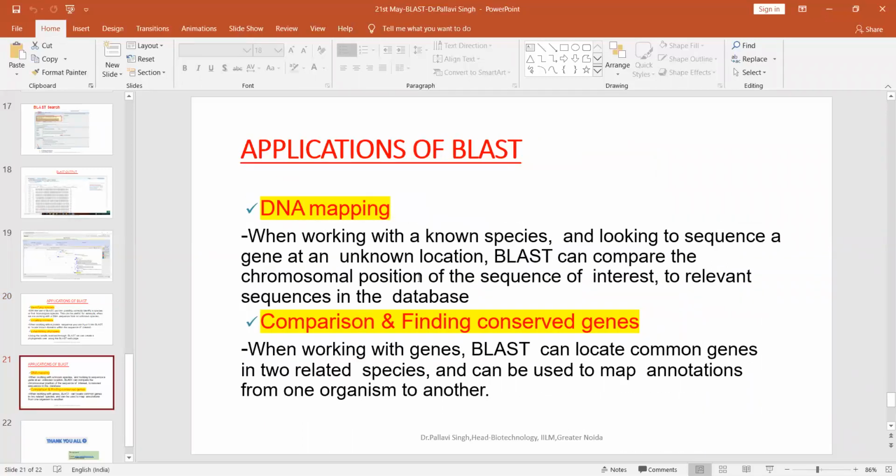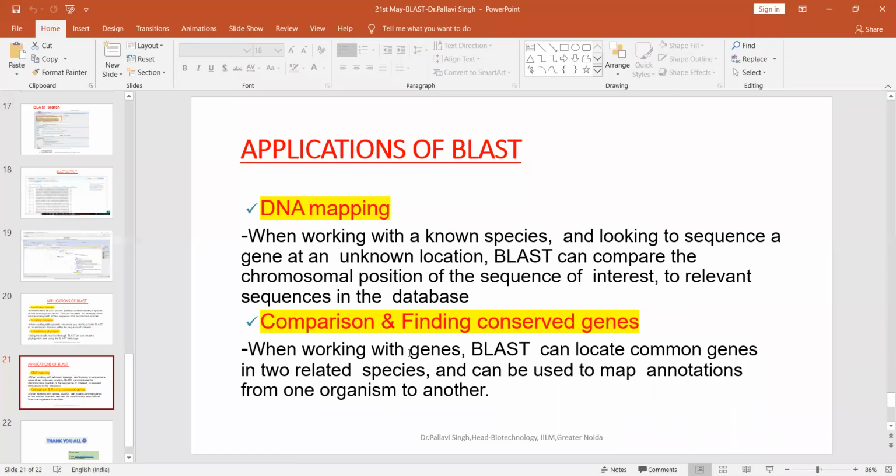Next, you can also go for DNA mapping. When you are working with a known species and looking to sequence a gene at an unknown location, you can use BLAST because it can compare the chromosomal position of your query sequence to the relevant sequences in the database. So that is how we can do DNA mapping, by comparing the chromosome position of my query with the relevant sequences, and I can build up a DNA map.